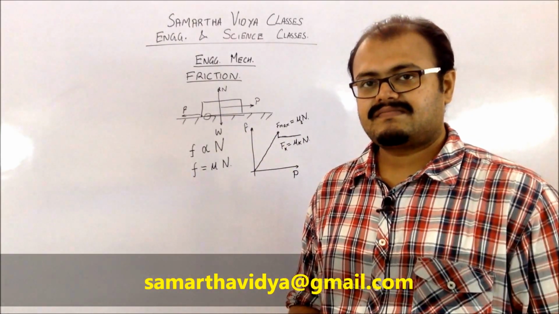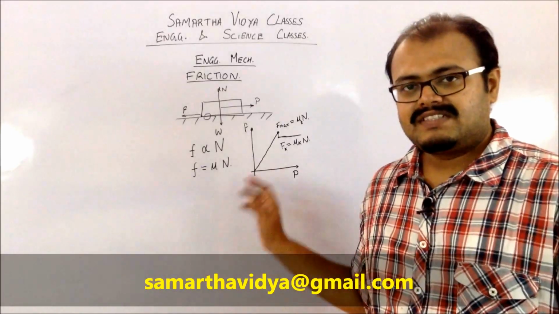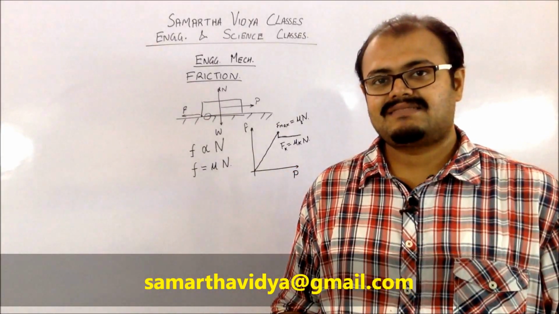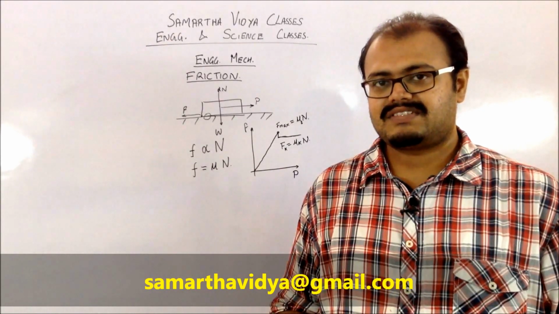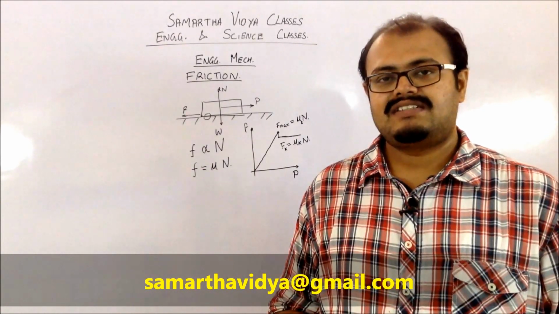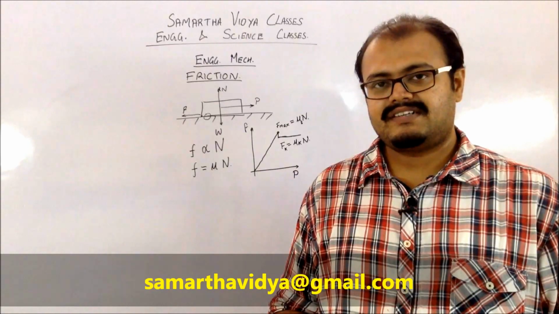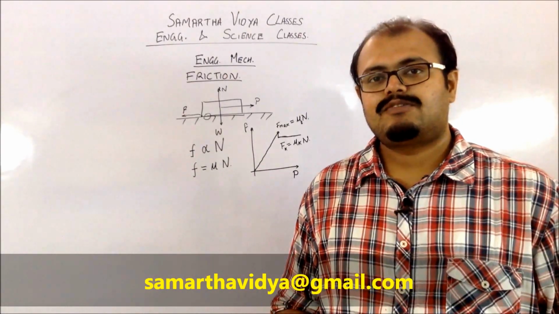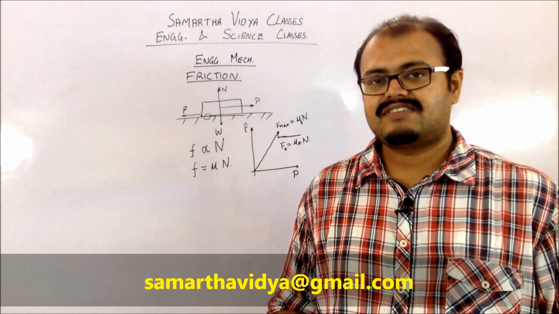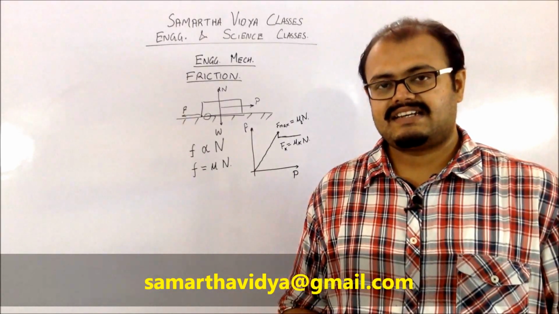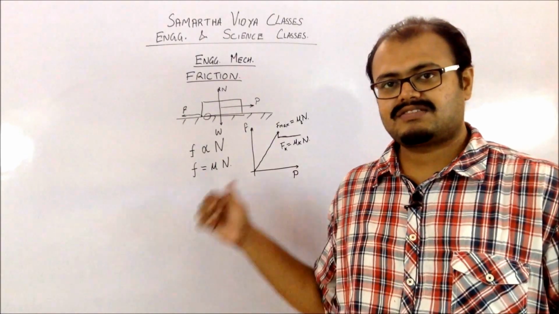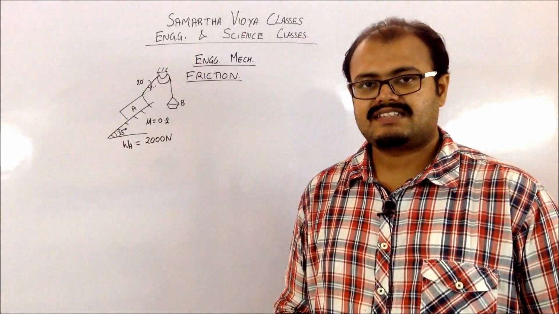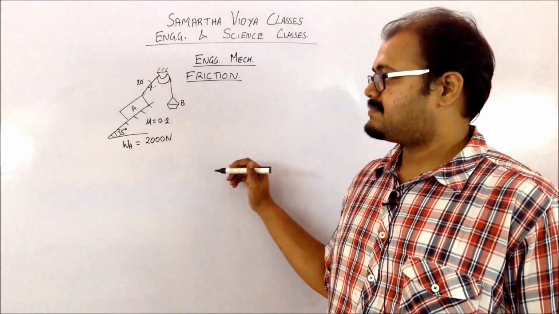static friction. So from this, what you understand is that there is going to be a maximum limiting value of friction which is going to be applied or generated by a particular surface, beyond which the frictional force drops, and there will be a constant kinetic friction which is going to be generated henceforth, which is going to be of constant value. So to understand the concept which we have just seen, let us consider this example.